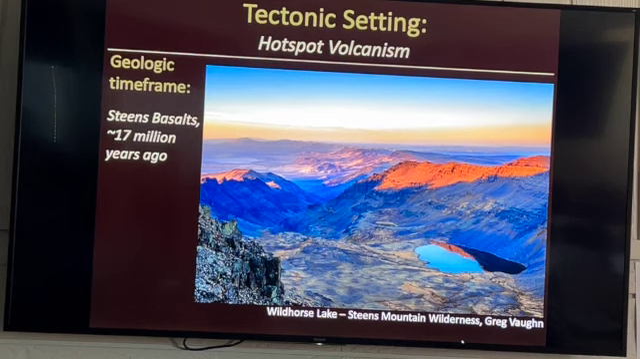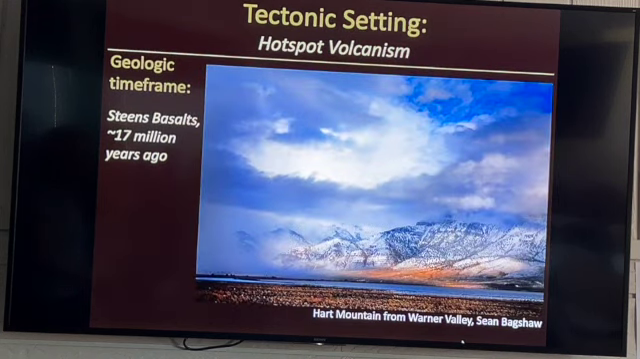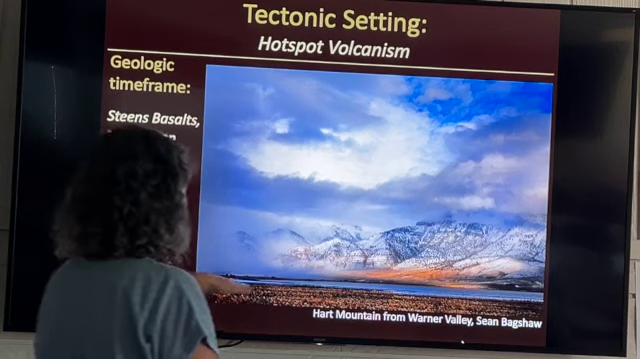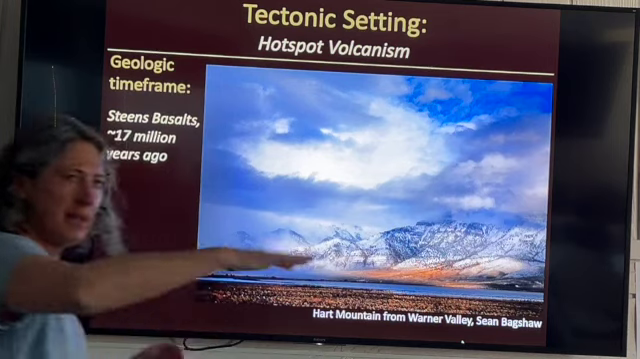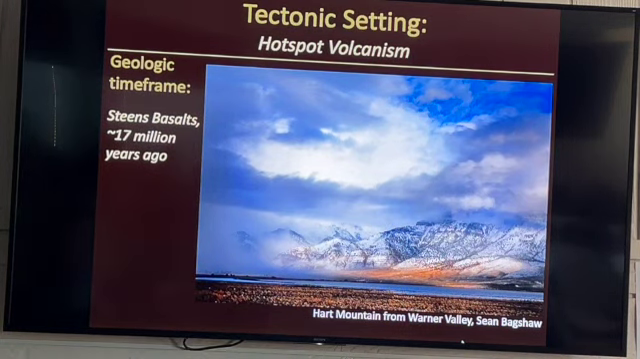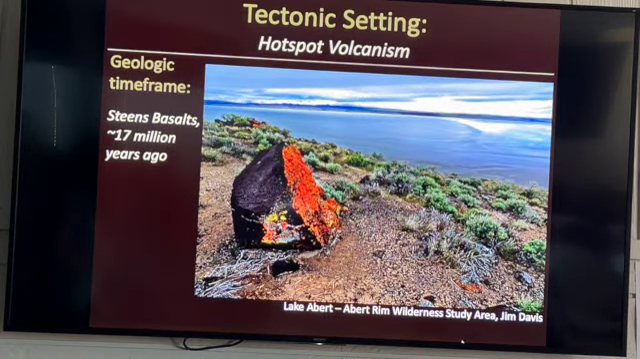And those lava flows are just stacked on top of each other, in some cases 3 miles, just stacked with lava flows, because so much material was erupted 16, 17 million years ago at the initial outpouring of basalts. Hart Mountain and Warner Valley, same thing. This is basin and range, but all of those lines in Hart Mountain are individual lava flows of this Yellowstone hotspot. Here we can't see the cliffside itself, but this is Lake Abert and Abert Rim,